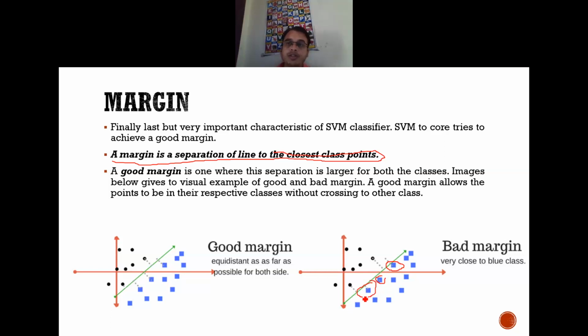Hence, more than 3 points are together near the margin, so we are treating it as a bad margin. But what about a good margin? There is only one point, the only point closest to that margin line. Whatever margins I am aligning, this will be my first line, this is my second support vector, first support vector, and this is the margin line.